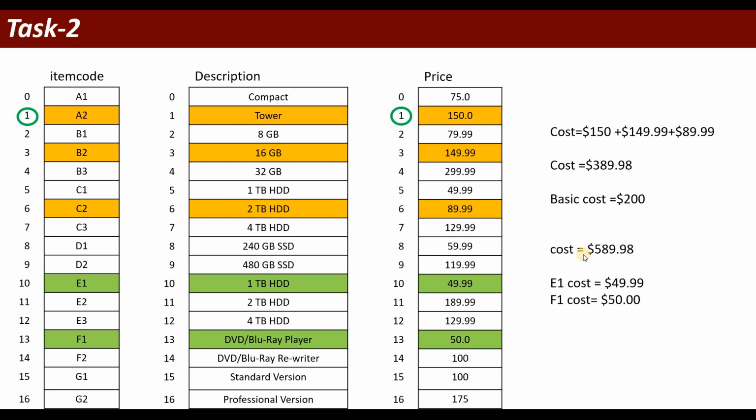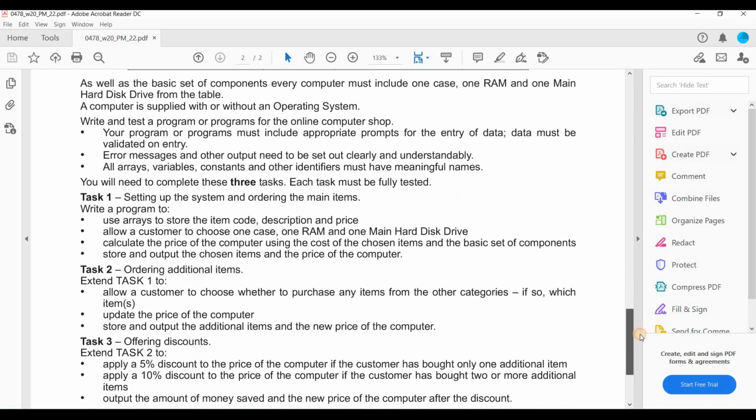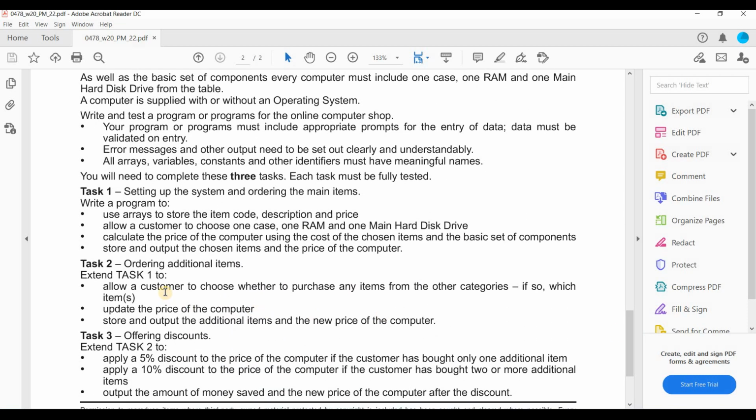In this way you have 589.98 plus the cost of these new additional components, so the total cost is 689.97. This is the scenario, and I hope you have already read it. I will try to give the answer of these 3 tasks: task number 1, task number 2, task number 3.